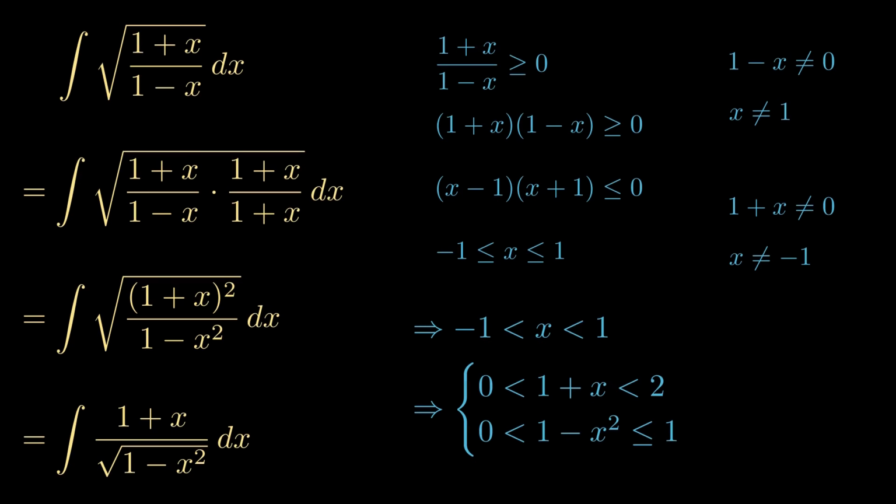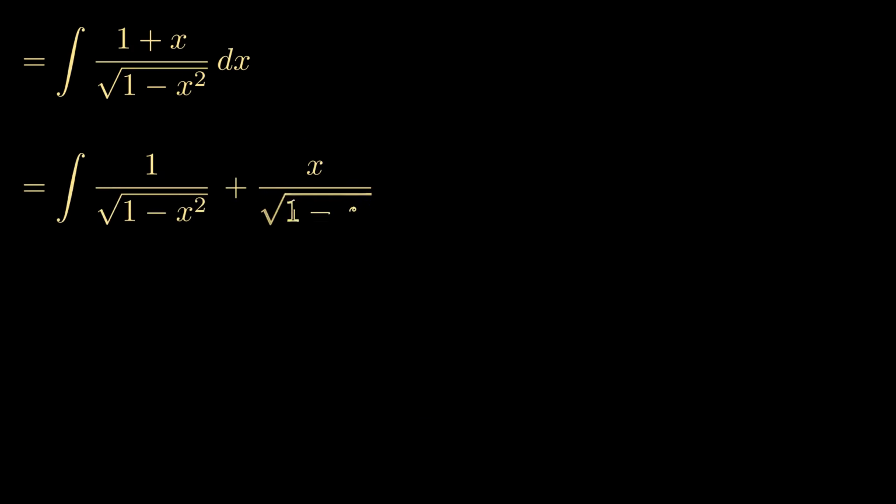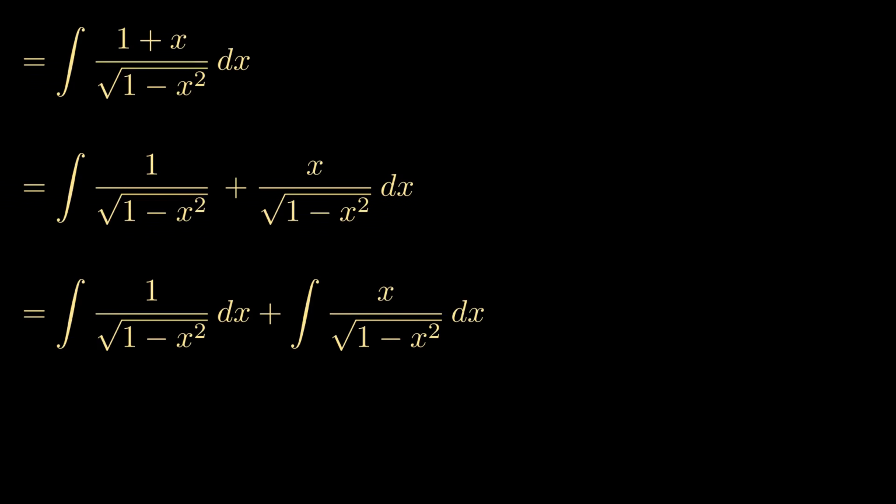So if we go back to the integral, we can rewrite the integrand as 1 plus x over square root of 1 minus x squared instead of square root of 1 plus x all squared over 1 minus x squared. We can first split the fraction and rewrite the integrand as 1 over the square root of 1 minus x squared plus x over the square root of 1 minus x squared. Then split the integral into a sum of two integrals. The integral of 1 over the square root of 1 minus x squared is simply arcsine of x, and that's just a standard integral,